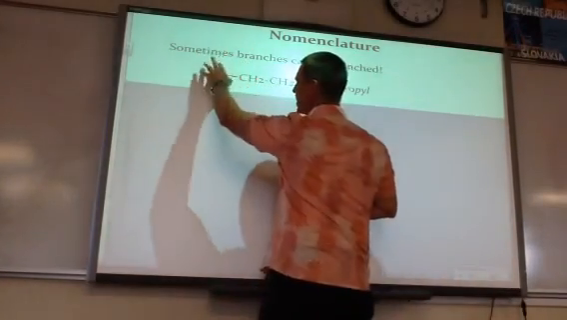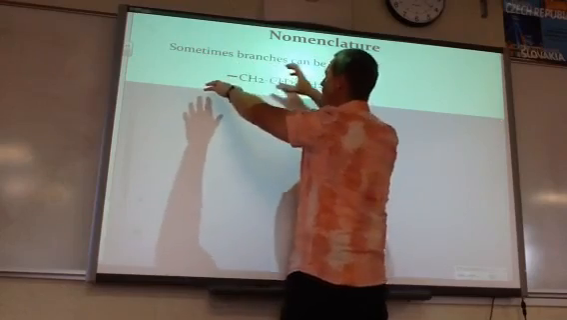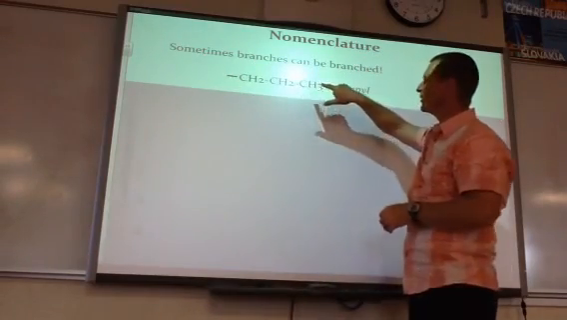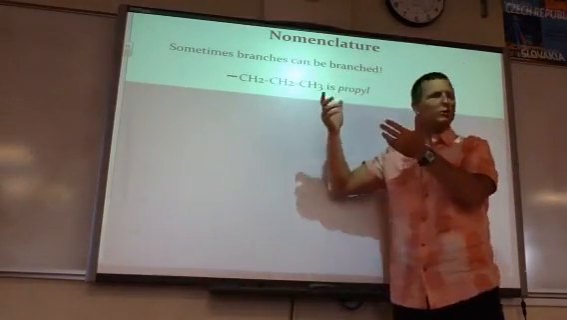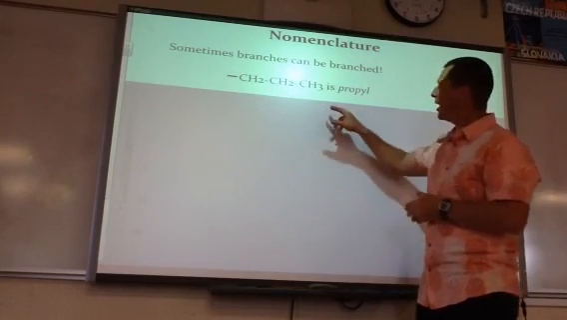Assuming this is the parent chain over here, so the parent chain is going up and down. Off of the parent chain is a propyl group. Well, propyl means that there are 3 carbons. Boom, they're all on the line. But if you have 3